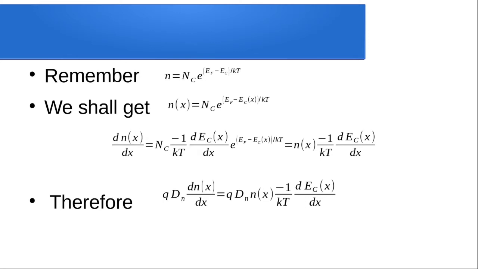This value of dn of x by dx is substituted in the equation of the diffusion current. You can see what happens if we substitute the values. We get q Dn n of x times minus 1 by kT dEc of x by dx. So this change we have made in case of the diffusion current. Similarly,